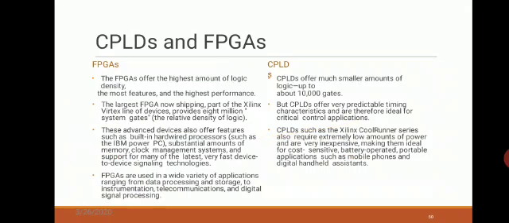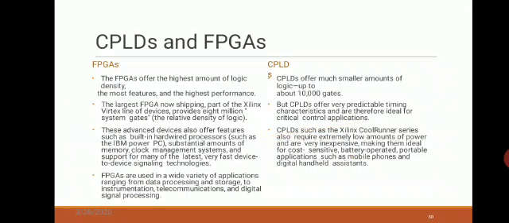Along with the number of gates and the OR and AND array logic, an FPGA also has built-in memory, built-in peripherals like the clock management system, and it also has some processors on it.